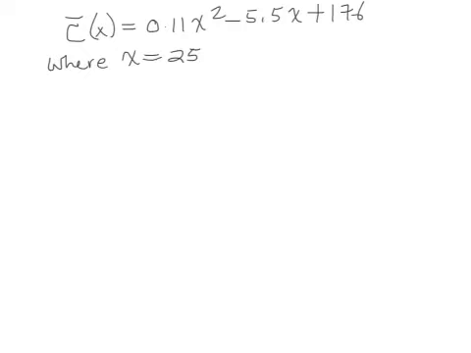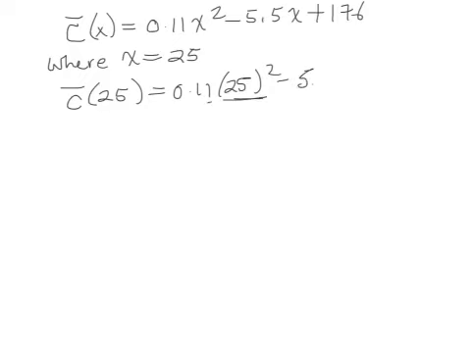So now that we know that x equals 25 is the lowest average cost per wheel, we want to determine what that average cost is going to be at that level. So we're going to substitute x equals 25 into the average cost function. Remembering our order of operations, we're going to do this exponent first. So doing that, multiplying by 0.11 and so on, we're going to find that the average minimum cost at a production level of 25